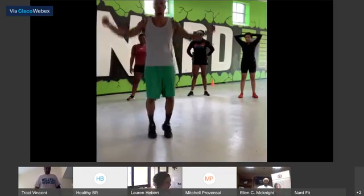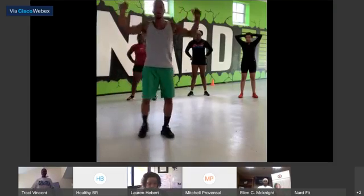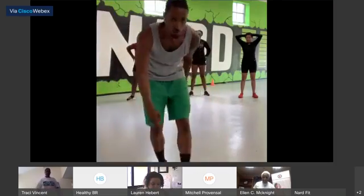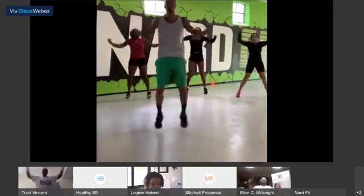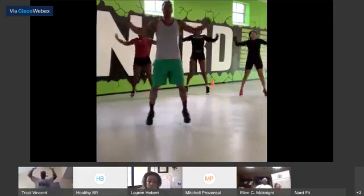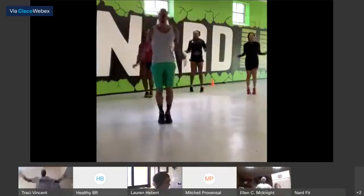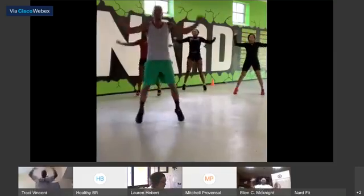Our jumping jacks are going to go like so. If you need to modify, step out to the side, back to the center. Out to the side, back to the center. Okay, so we're going to go for 20 counts of jumping jacks. Ready in 3, 2, 1. Let's go. 1, 2, 3, 4, 5, 6, 7, 8, 9, 10, 11, 12, 13, 14, 15, 16, 17, 18,